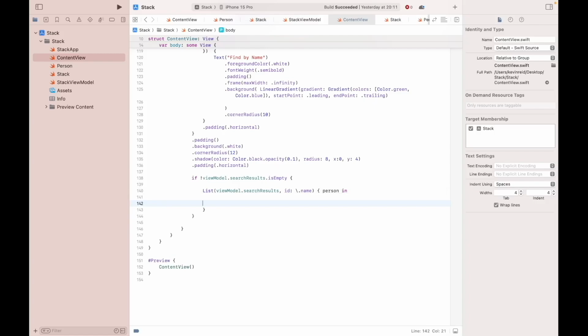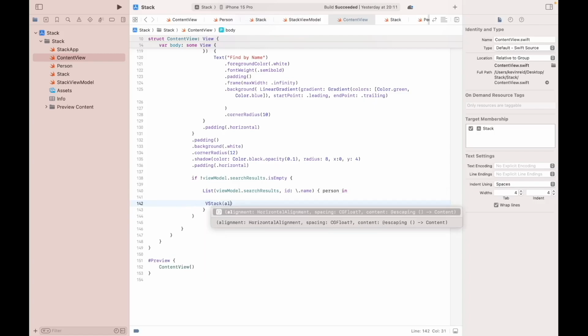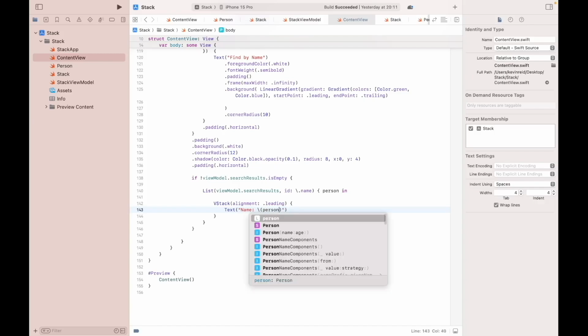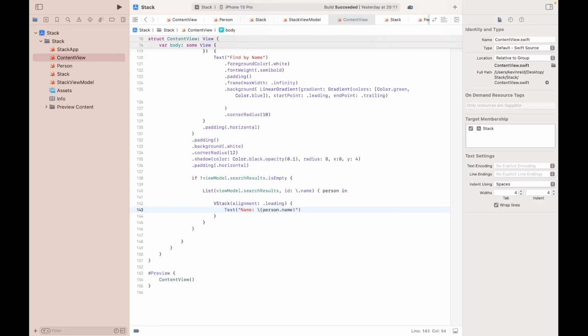And then we need another VStack. And then for the name, we just use the person object.name attribute